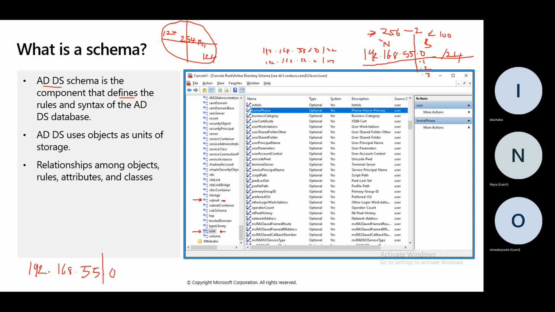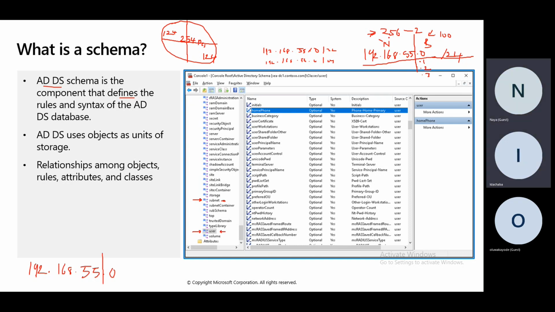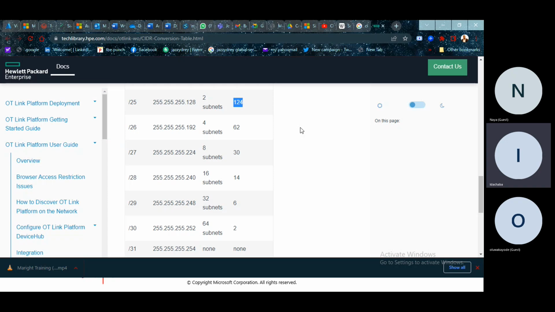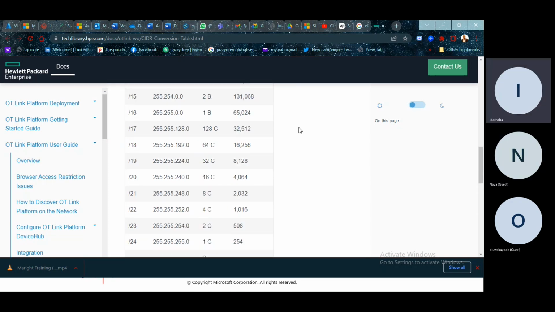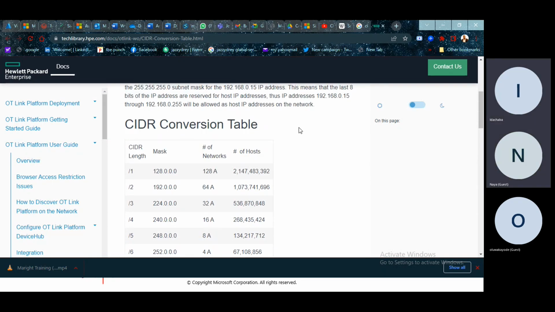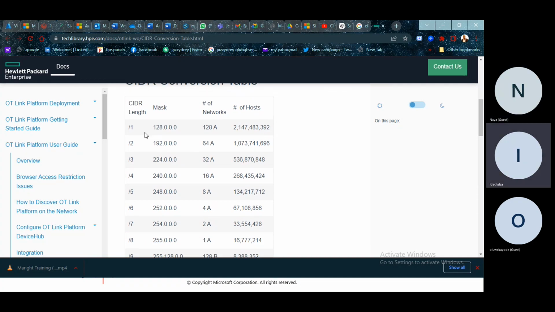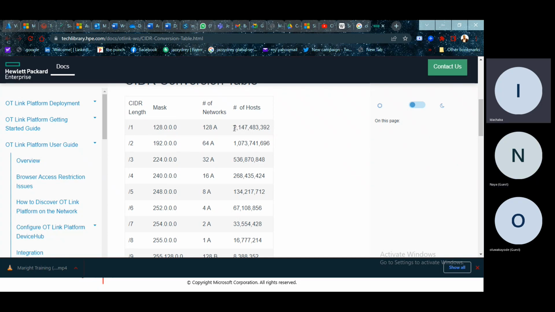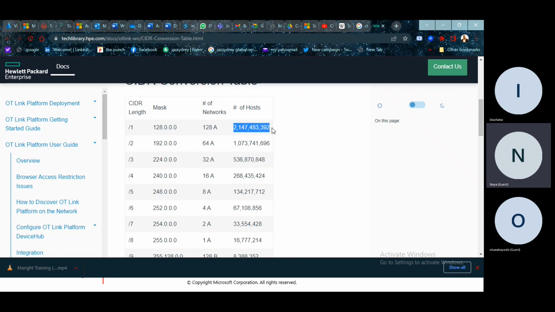I've been measuring 256 now. Look at it, 256. Sir, so you're just dragging us back. Okay, look at your class A, class B. See class A. Your class A can take over 2 million computers. Look at it now. That's why large organizations use class A. Can you see?